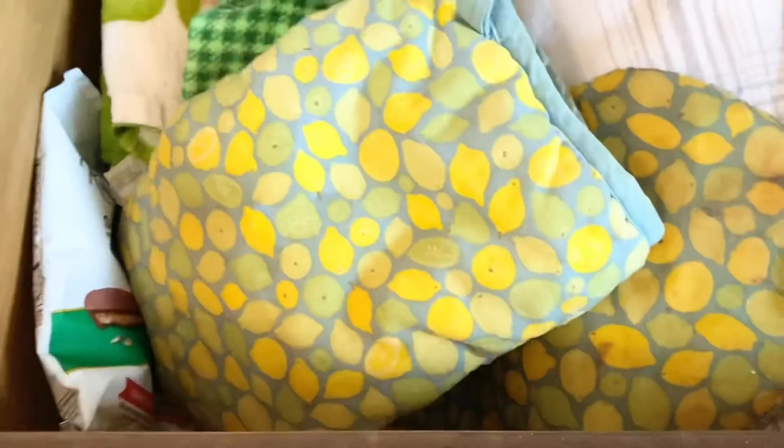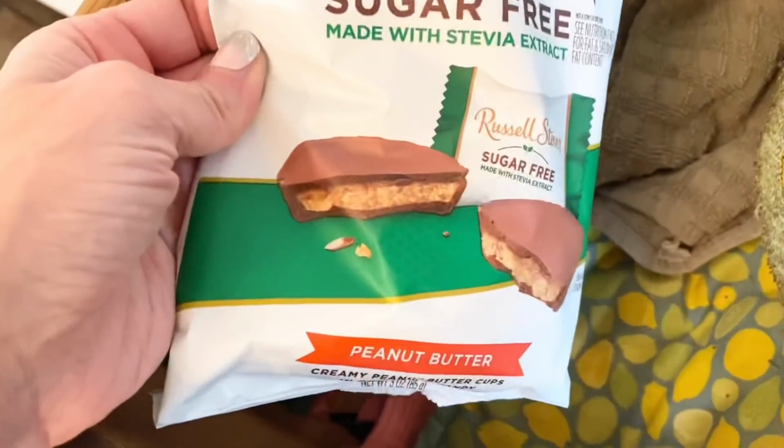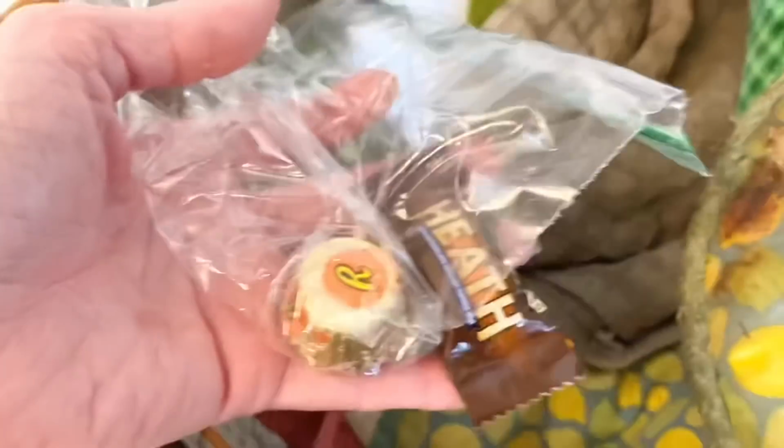So in this drawer with my oven mitts and my kitchen towels was my chocolate hidey spot. Yes, I live with 3 boys and 3 boys go through chocolate and candy very quickly. So if I wanted to have a chance to have a delicious treat, I had to hide it. But I have currently switched to sugar-free chocolate that they don't really like, so I don't have to hide it